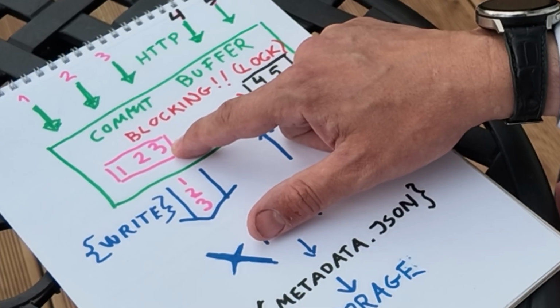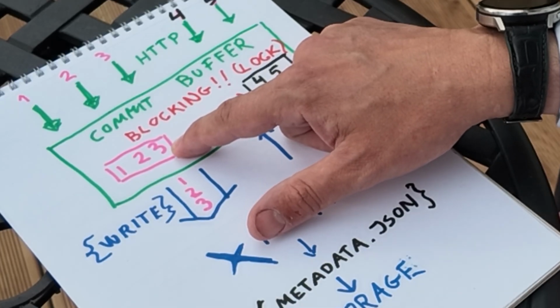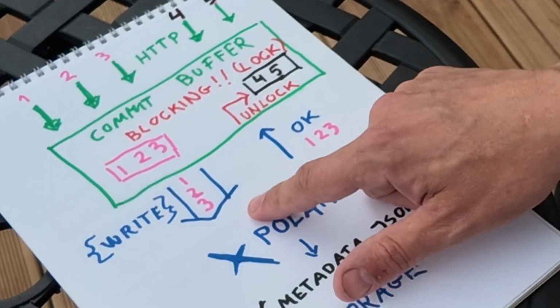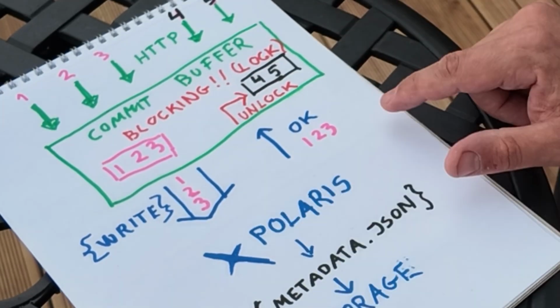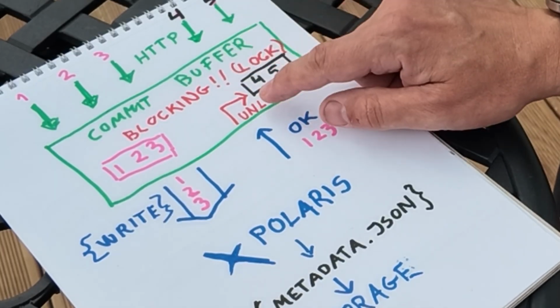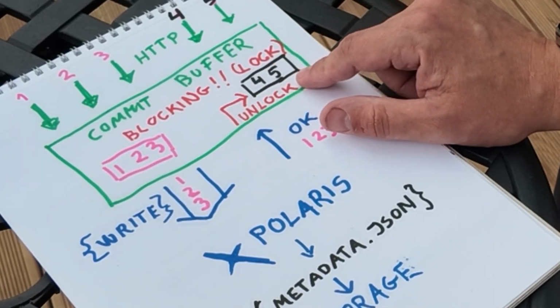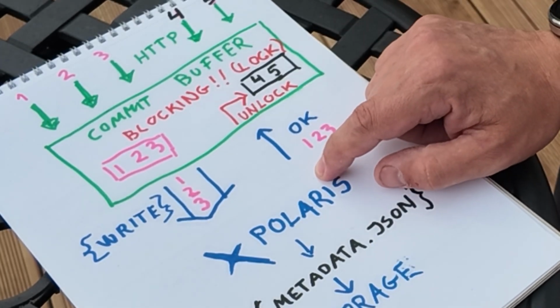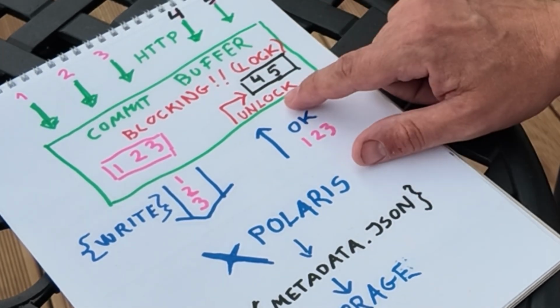We construct a new state, which is a commit of all three at the same time, 1, 2, and 3. And then we're going to send that commit to Polaris as a single write request. Everyone else who's arriving, we're just going to block them, and we're going to gather them up in a second buffer, doing a sort of sub-double buffering. And when Polaris comes back and says, I've committed the previous batch, give me another round, we're going to commit